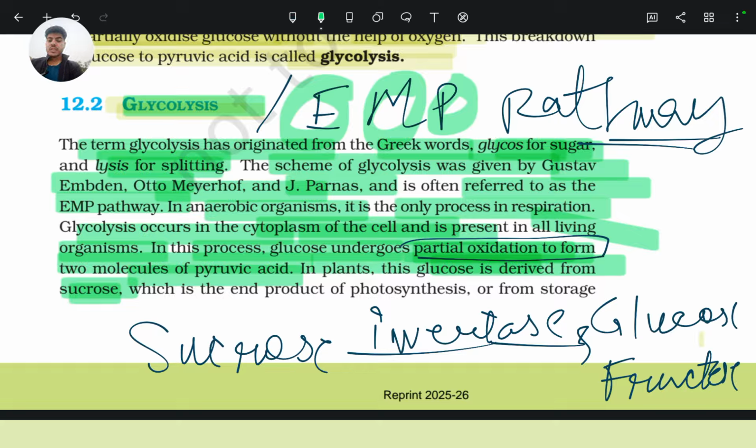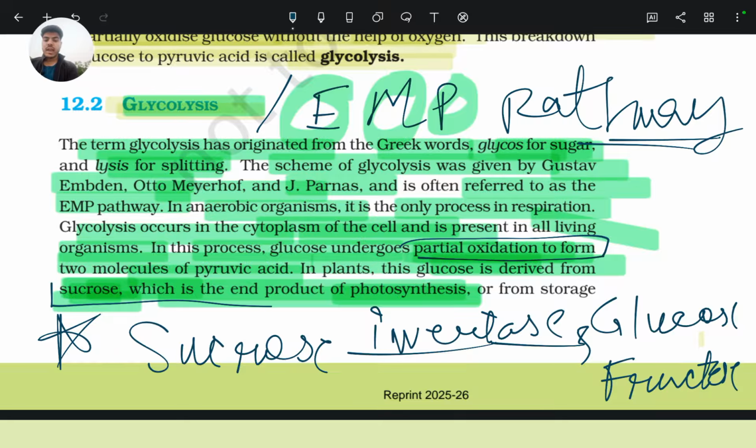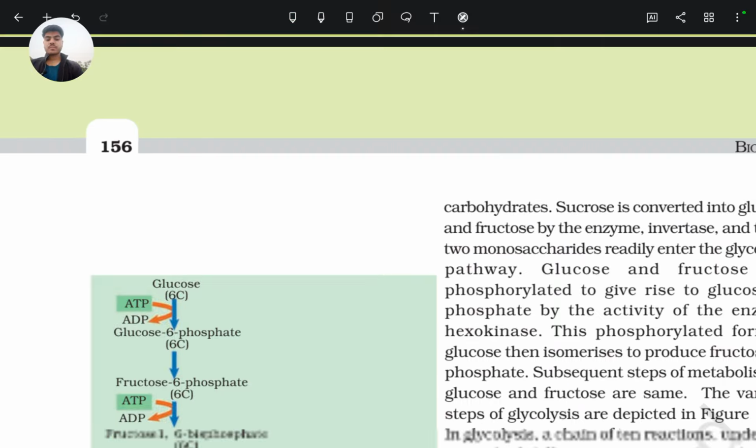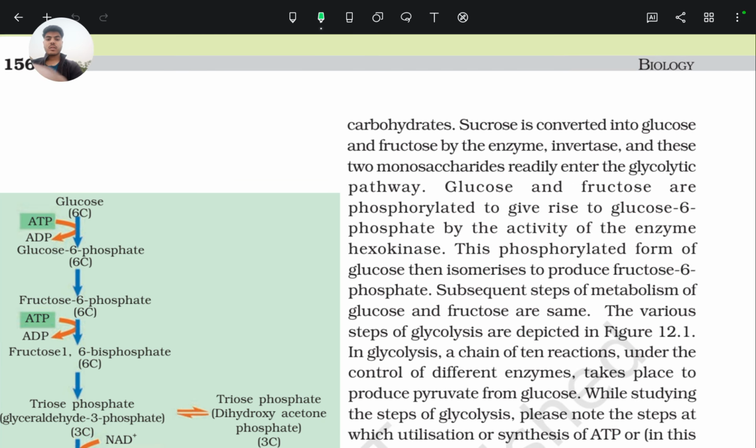Which is the end product of photosynthesis? In plants, sucrose is the end product of photosynthesis. Remember this point, this is important. Sucrose is the end product of photosynthesis. Or from storage carbohydrate, sucrose is converted into glucose and fructose by the enzyme invertase, and these two monosaccharides readily enter the glycolytic